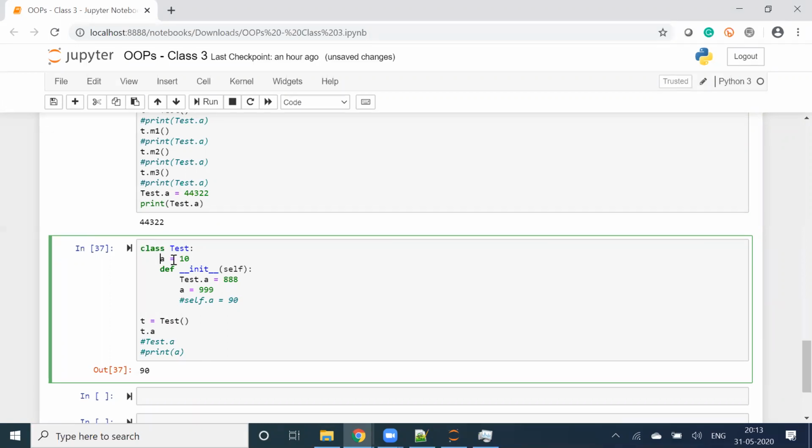I am having a variable a equal to 10. After that, I created the object. That means my constructor executed, and this a I updated to 888. I can access through t, which is an object, a static variable as well as an instance variable. But the instance variable is not there, right? So what will it execute? The static variable. So t dot a should be 888. Is that making sense, guys?